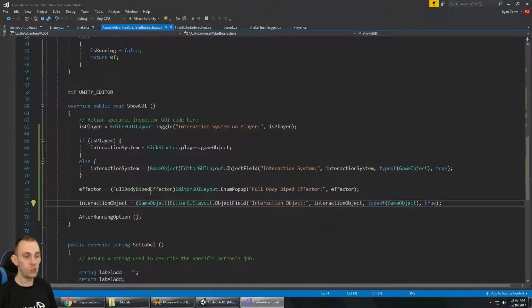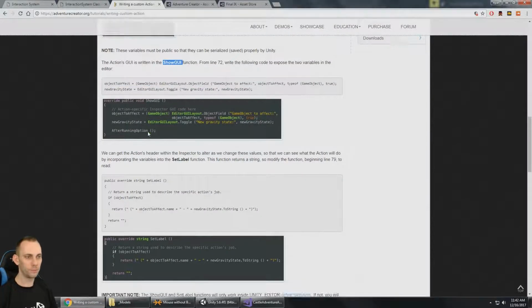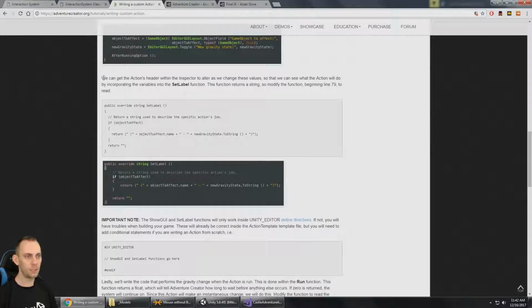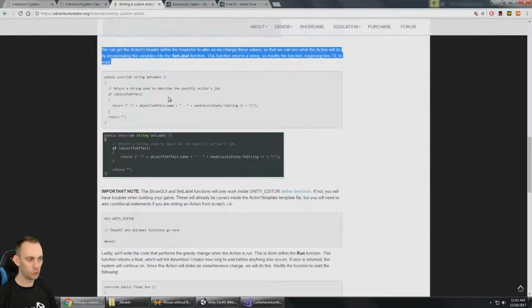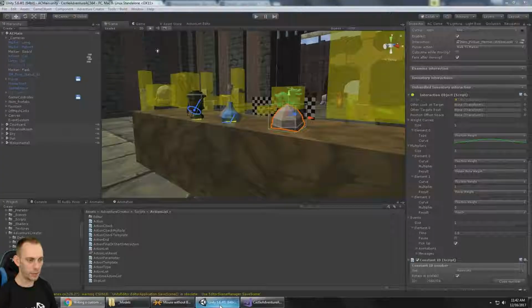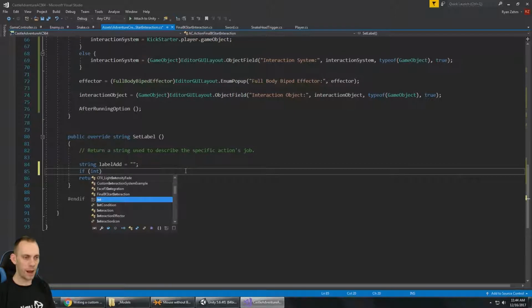Alright, switching back to the Adventure Creator tutorial, now that we have scripted the show GUI function, we also need to set the actions header at the set label function. So let's go to the set label function. Here it is. So we'll keep the label pretty simple. We'll just start out blank, and then once you've assigned an interaction object,